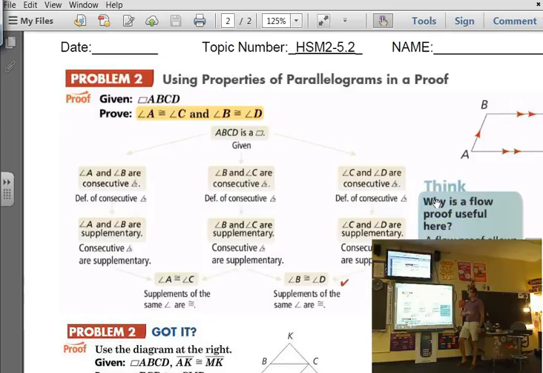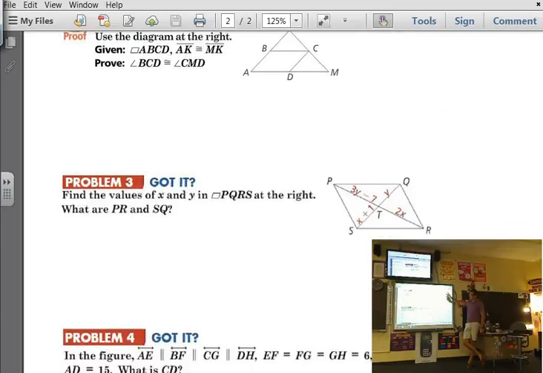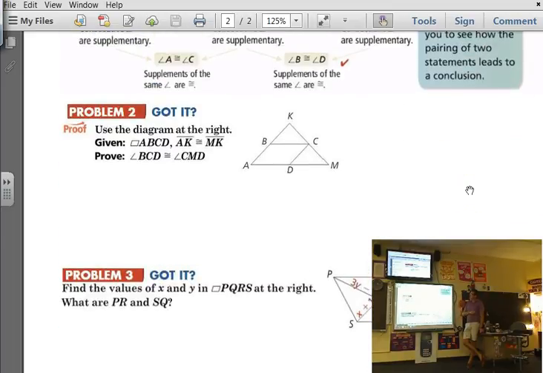So this goes through proving why my opposite angles, or angles across from each other, are congruent. If you want to read through the proof, it's pretty straightforward. You have consecutive angles, which prove to be supplementary. And then we go from there. Because we're running through this very fast, we need to use this diagram at the right, where we see